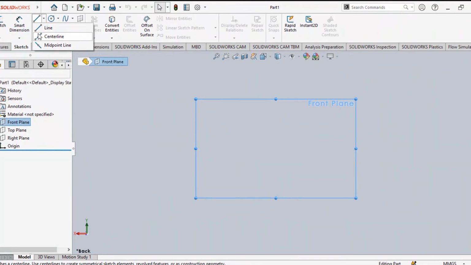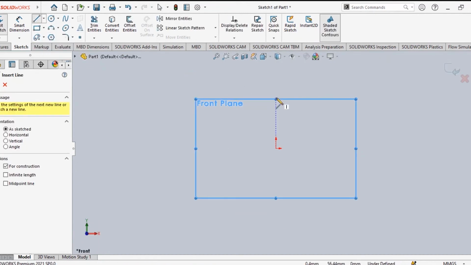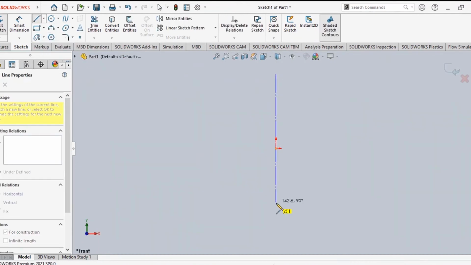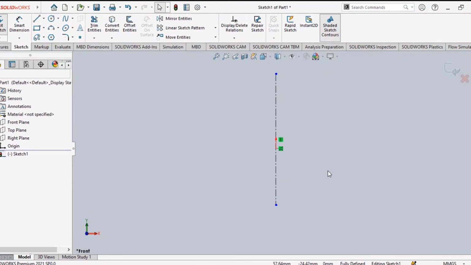So what is the central line? Central line means if you have a symmetric object, if both sides are equal, in that case you have to start with the central line. And also we have the normal line, and below we also have the midpoint line. Three different lines are there. These are not that important, but you should see them. First we see the central line. You click anywhere, suppose clicking anywhere, this is the central line, right? Then if you want to escape from this, press ESC on your keyboard, and it will go out.